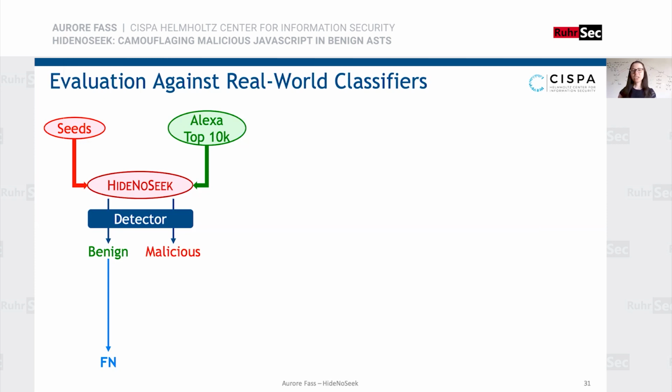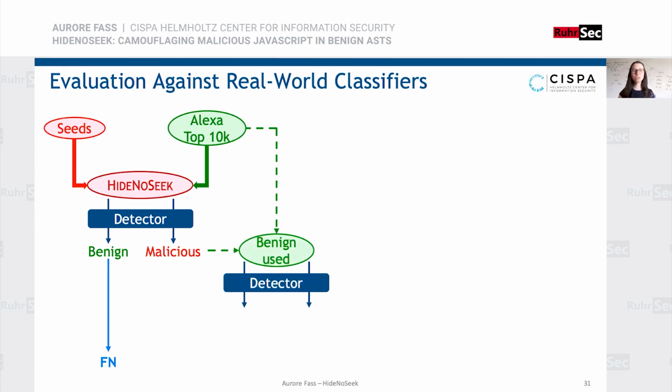If it is recognized as malicious, it's interesting because it has exactly the same AST as an existing benign input. So what is the classification of this benign input? In this case, we also have a look at the benign sample which was used for the camouflage, and we classify it with the same detector. And here again, we have two possibilities. Either it's classified as malicious, which again is awesome because it is a false positive, so the attack is working in the other direction, or it's recognized as benign. In this case, it's interesting because it means that the sample actually changed classification between the benign and the malicious